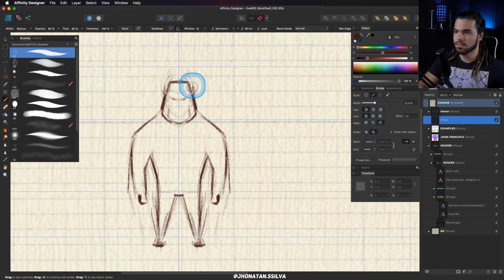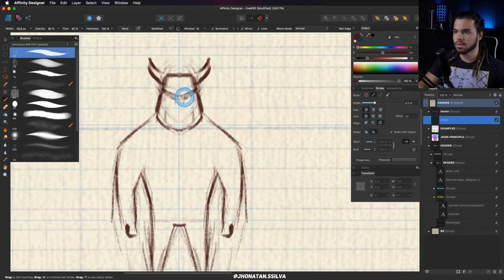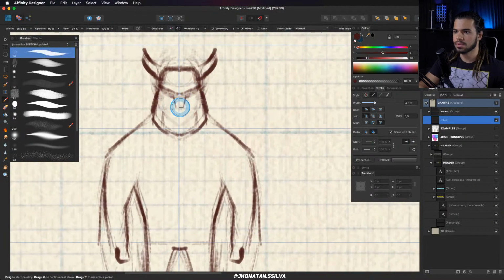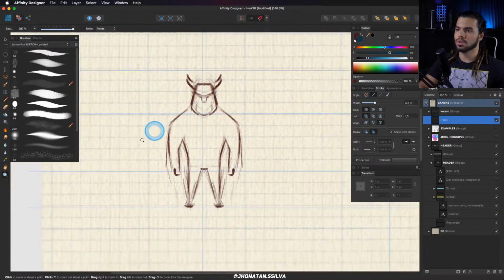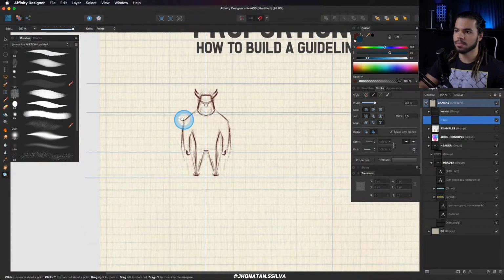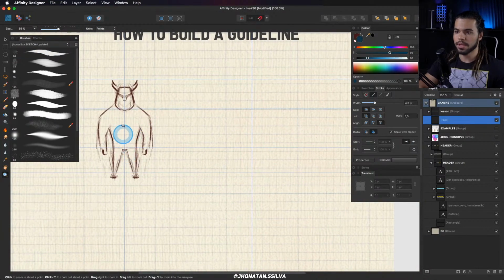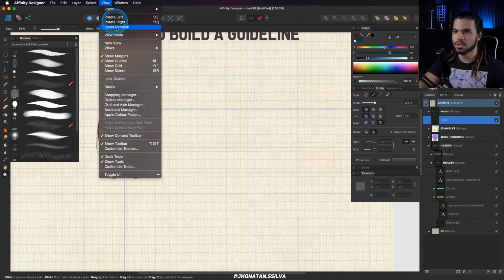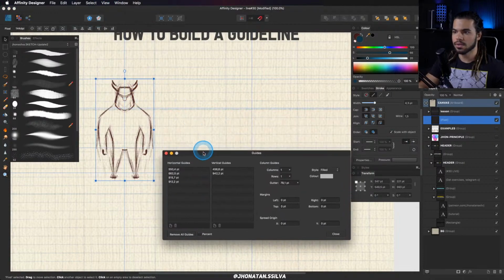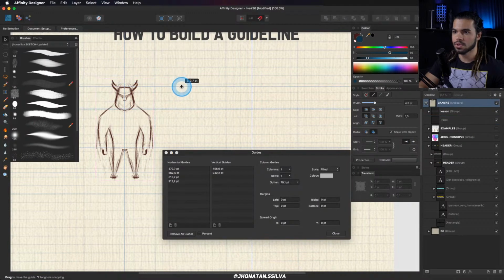And let's do a kind of helmet, you know, something like this, I guess. He has a helmet. Perhaps this. Okay, so let's avoid digging into the details right now. Don't do the details right now, and pay attention to the guidelines that we have. We can adjust the guides again, clicking here, manage, guides manage, and again you can adjust here the guides